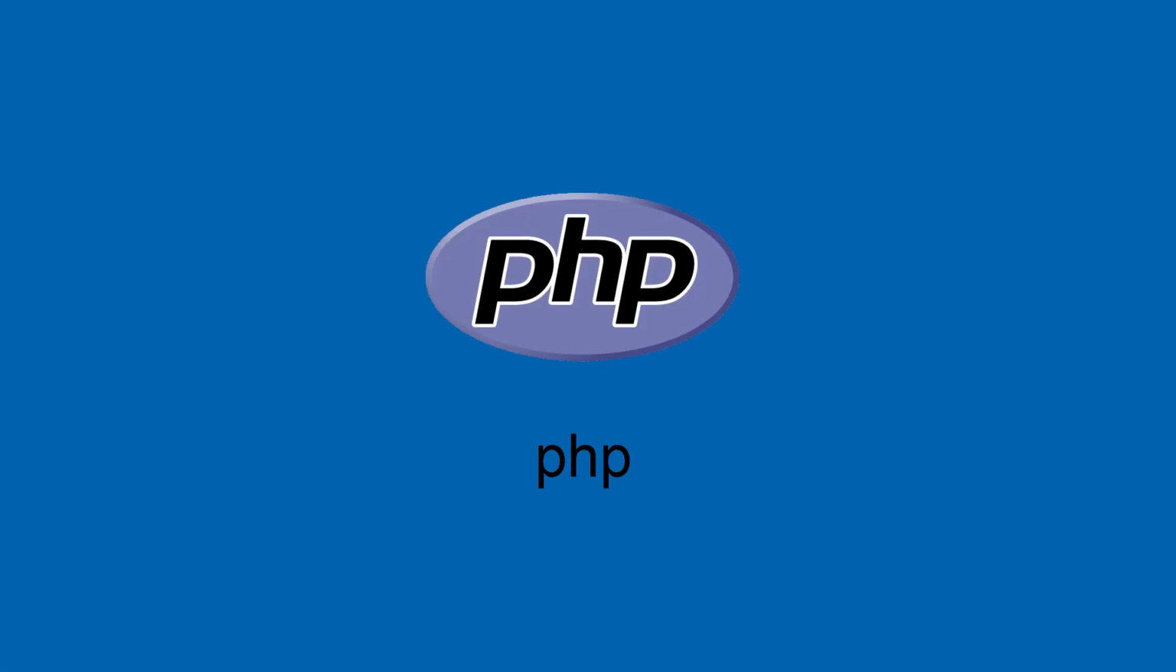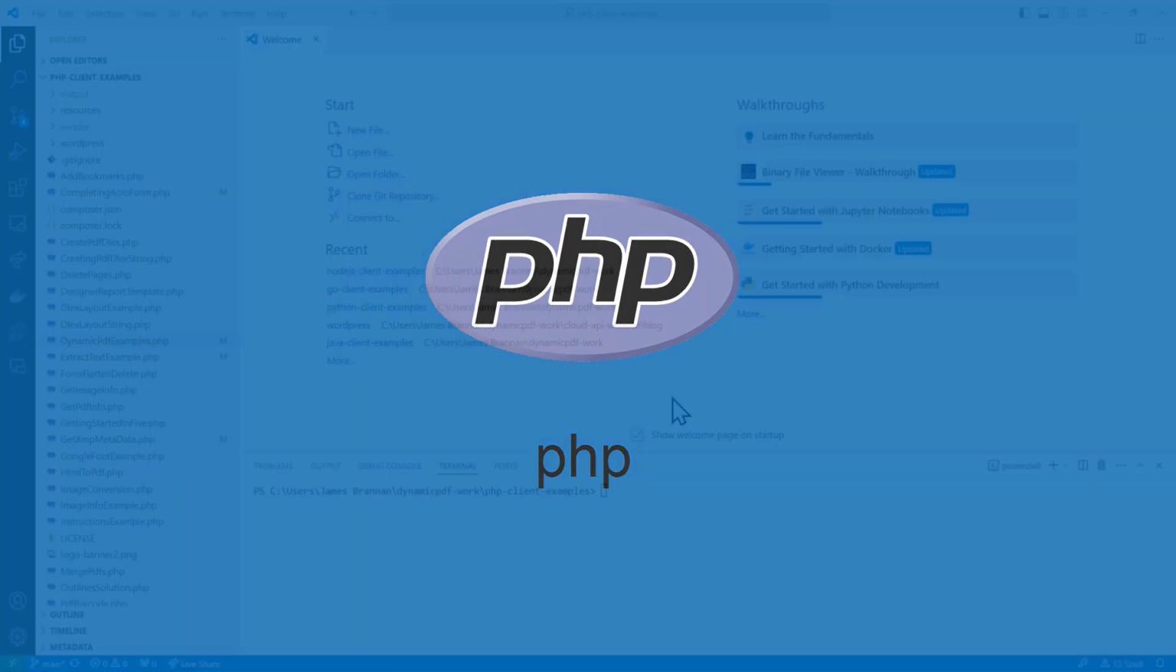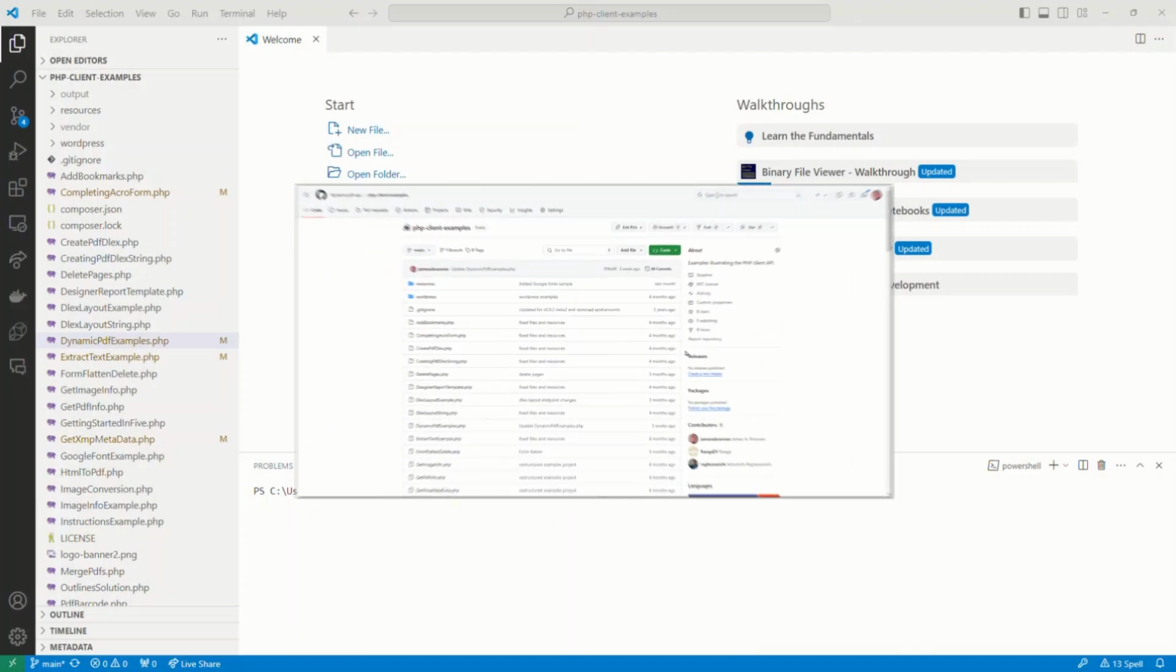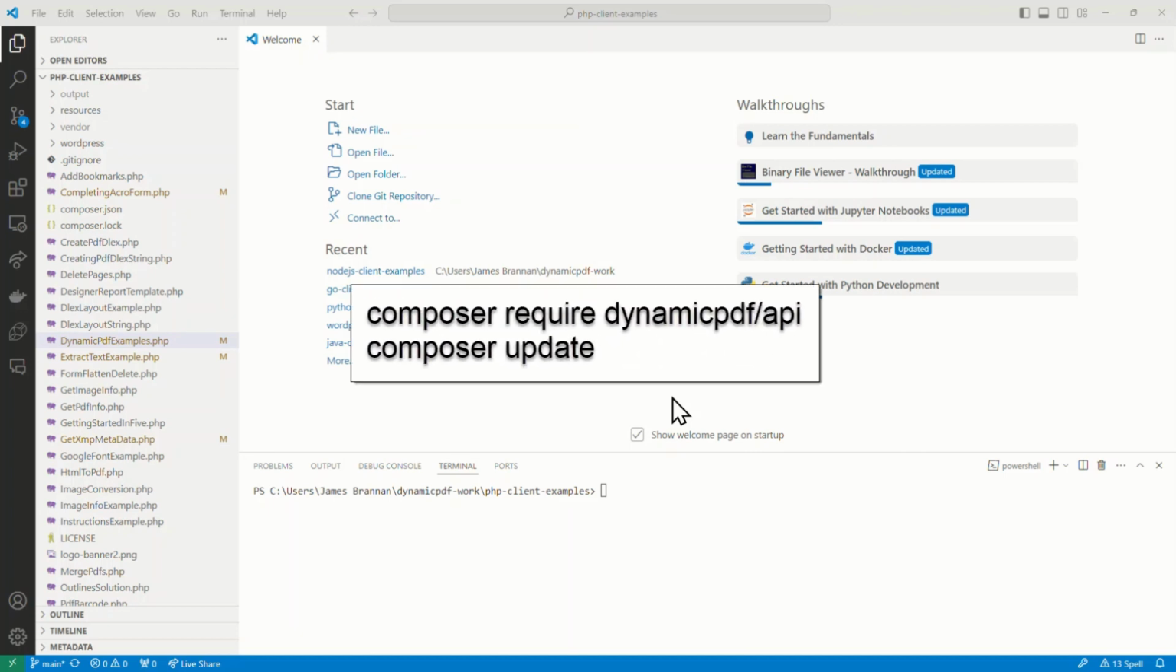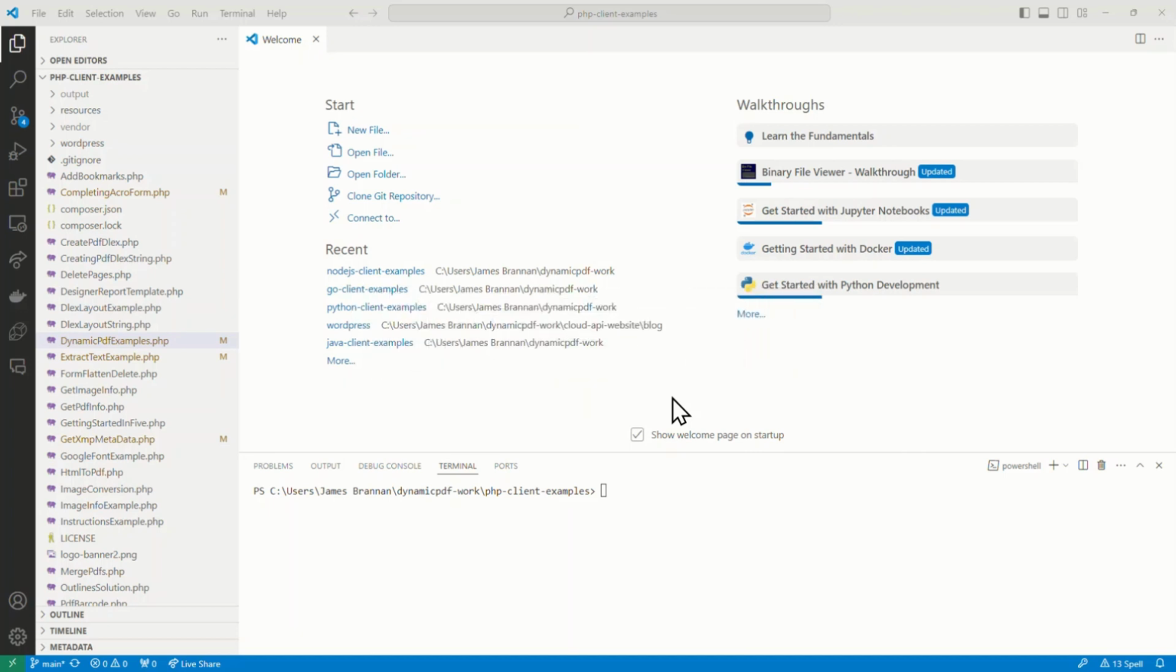Let's consider the example using the PHP client library. I assume you obtained the PHP client library from GitHub, and that you have installed the DynamicPDF API client library using Composer, and that you have the project opened in Visual Studio Code. Open the